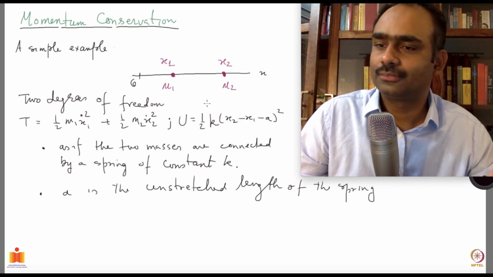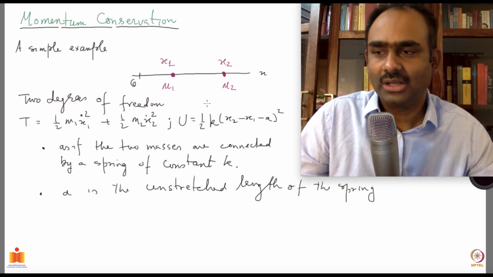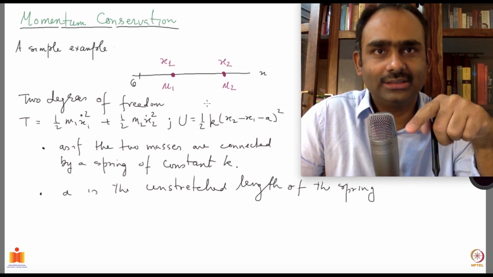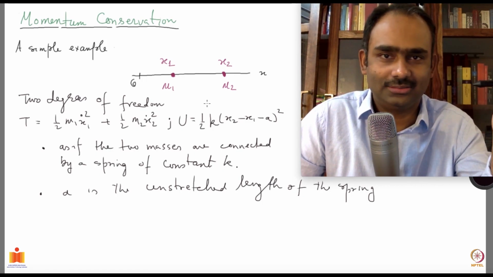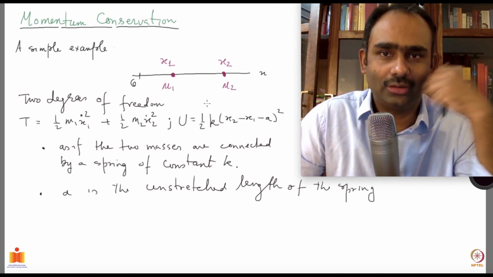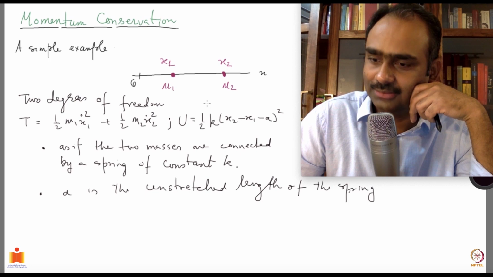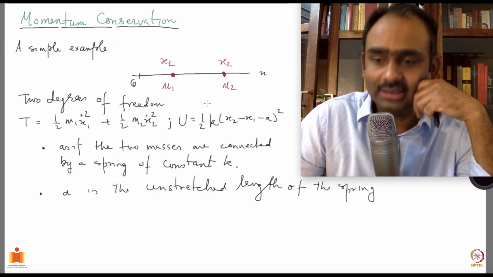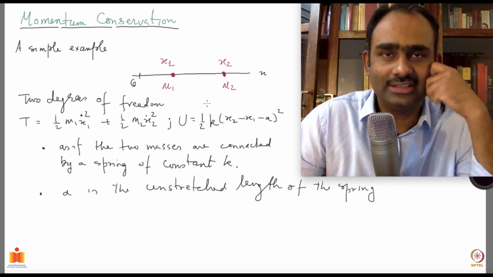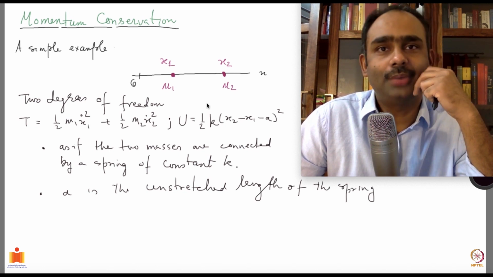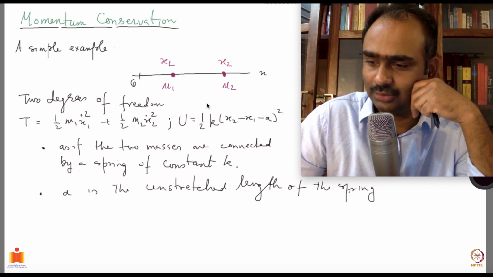Now, you see, there are no constraints on this system. So the Cartesian coordinates are good. You can use them as your coordinates for writing down Euler-Lagrange equations. There is no problem with that. But I will use a different set of coordinates other than the Cartesian to demonstrate the power of using some good coordinates. That's what I want to do.